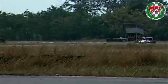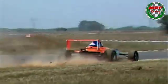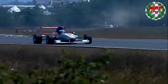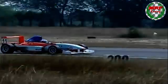Ashwin Sundar, championship leader, currently second quickest, only by a couple of tenths of a second. The difference is tiny. He ran over the curb there a bit, got to be careful doing that. He had a fresh engine fitted. There's his teammate, that's the number 11 car of